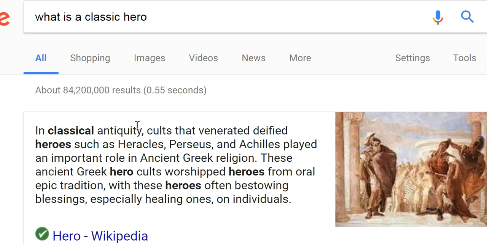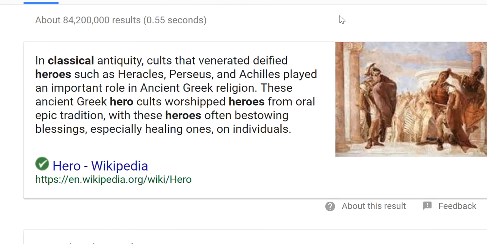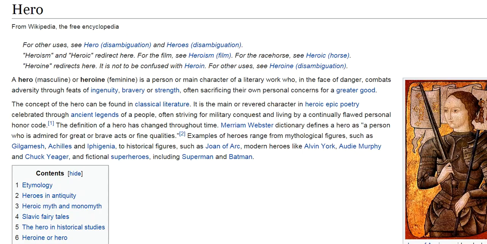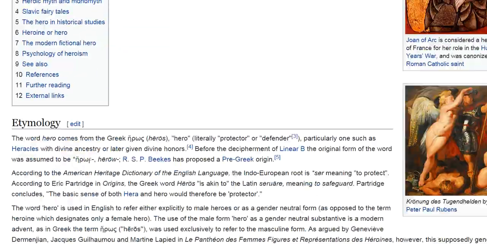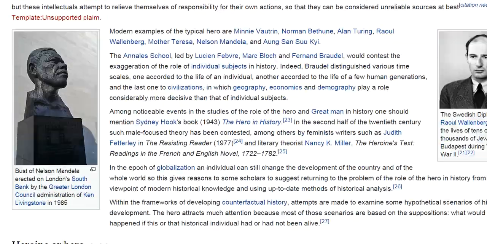And when you do, Google is going to come up with Wikipedia first. Now, we know we can't use Wikipedia. It doesn't mean that you can't look at it. There's something useful about Wikipedia that you can use. So let's look at it together. I've opened this up, and I know I can't use Wikipedia as a source, but when I scroll down, I can study it a little bit.